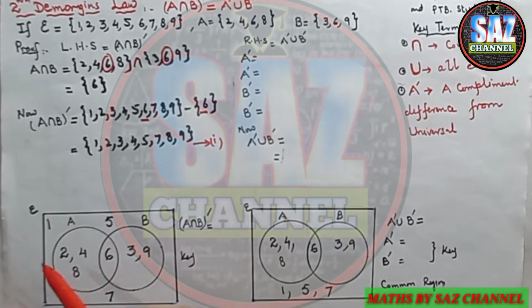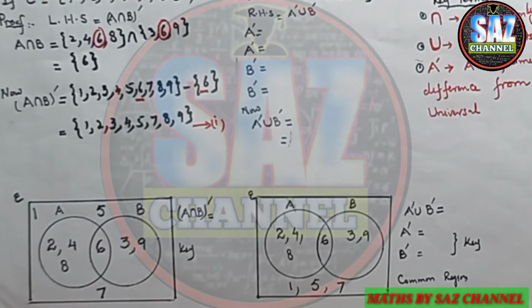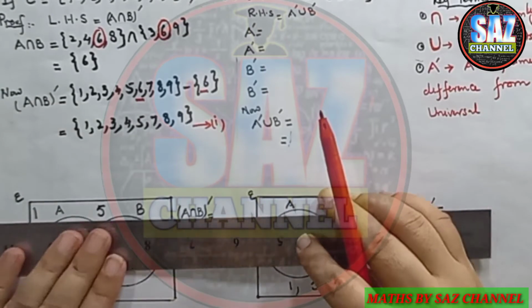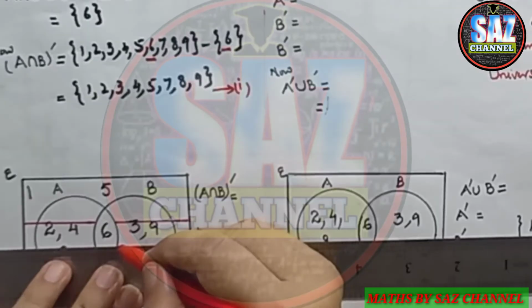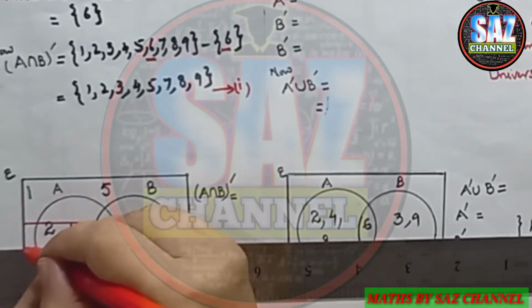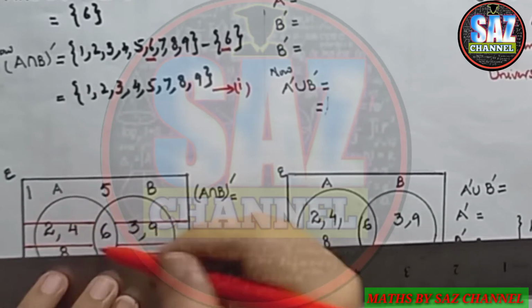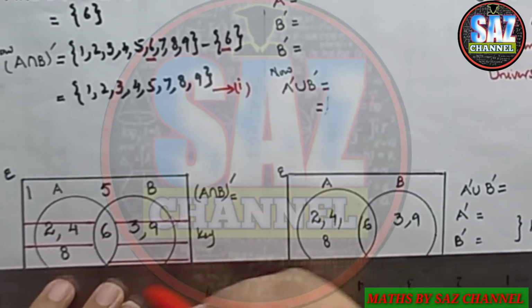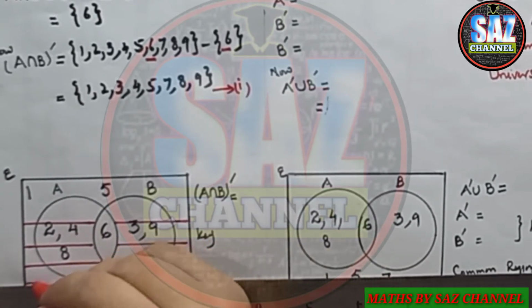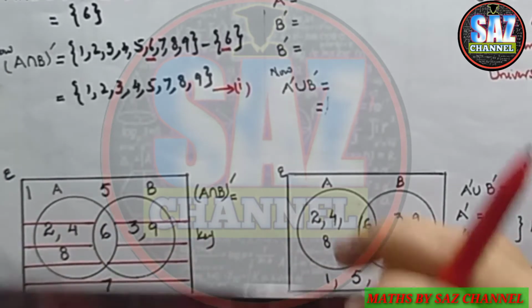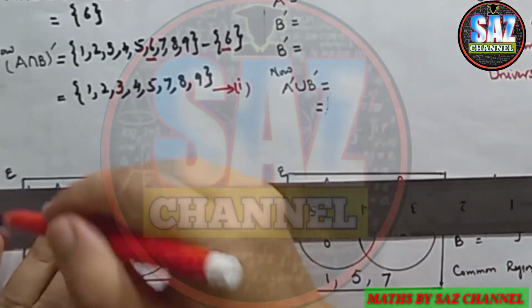So it means that the shading for A intersection B whole complement will contain the universal, some portion of A, and some portion of B, excluding the overlapping portion. So I will be shading my figure carefully. I do not have to touch the overlapping portion, so shade it carefully and nicely. Your shading has to be very nice, but do not take a long time for the shading. Quickly, it will be coming in the rectangle as well, outside the circles as well, and over here as well.